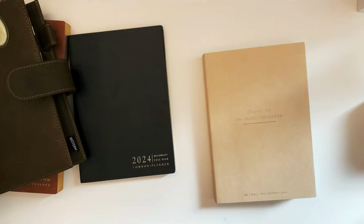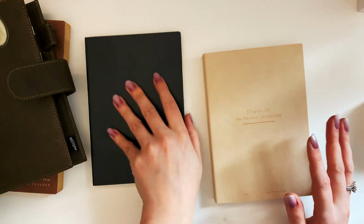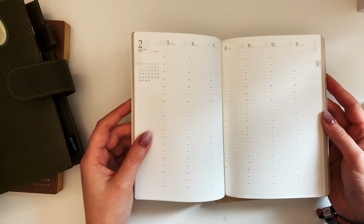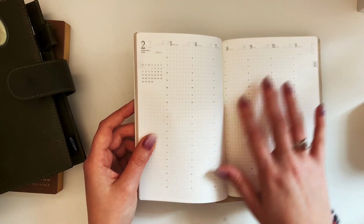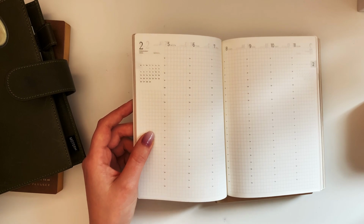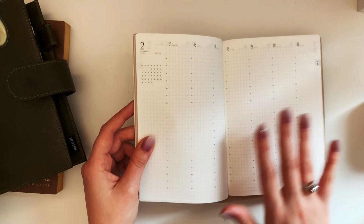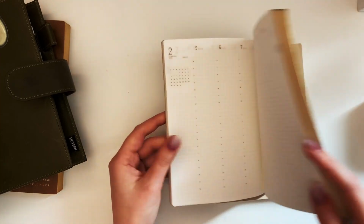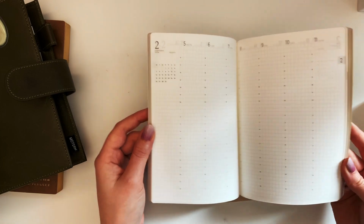And if you watched any other video of me, you always hear me complain about this type of layout because I never know what to do with it. I just don't like the schedule. I feel like it's too narrow for me to write down stuff. I'm always struggling with this. And I love the Common Planner, so I got Common Planners and they have this layout, which is fine. I'm gonna do something with it,